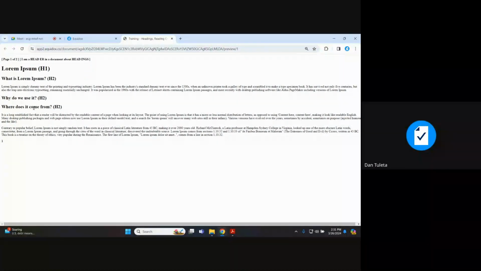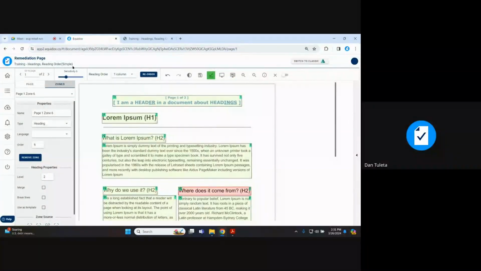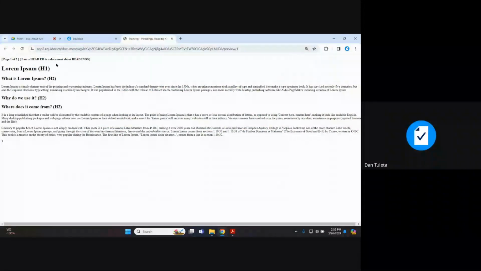So the reason I like to do my headings first, once I've established my zone detection level, so like you set your sensitivity setting on whatever you prefer, the first thing I like to then do is mess around with my headings and try to set those up. Because once you've got your headings identified, it really helps you establish the reading order for the page. Because now when I look at this HTML preview, it's really obvious to me that I have a reading order